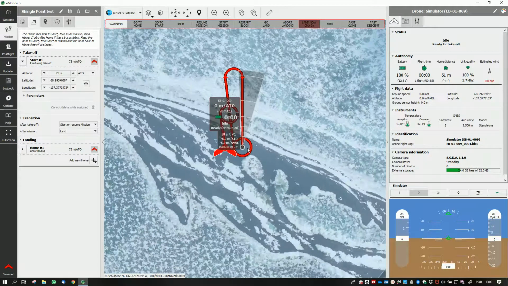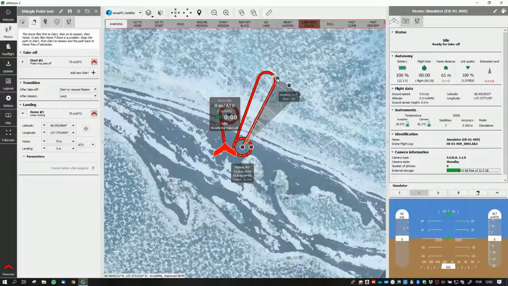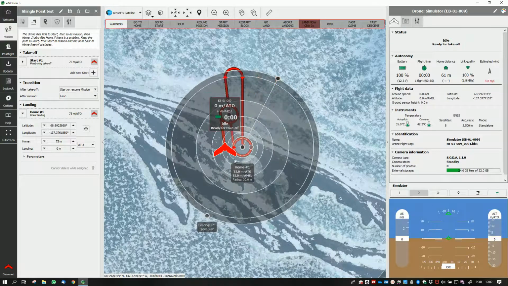Another important thing to do for the landing is to plan for the landing cone, which is the safety cone for landing. You can move it like this. For instance, if you have no obstacles and a really flat area, you can land from any direction. All the directions are okay. So what you would do is a full circle, which means that when the drone ends the mission, you will hover around the home waypoint. You will measure wind direction and wind speed, and decide which is the best direction for landing. This is good if you are working on the plains, but in this setting, I would say